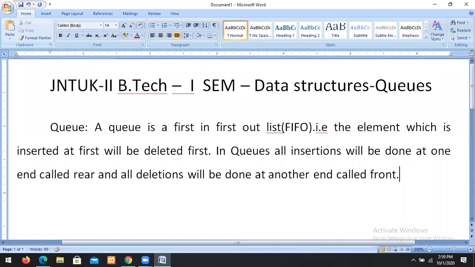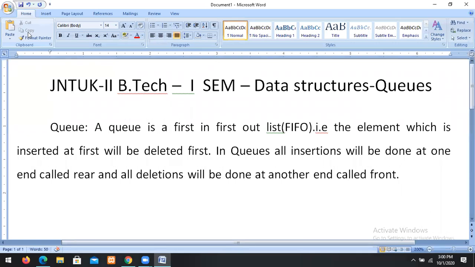So we are performing insertions at the rear and deletions at the front. Such a list we call a queue.